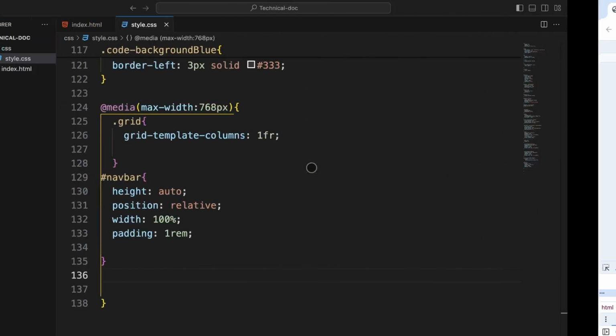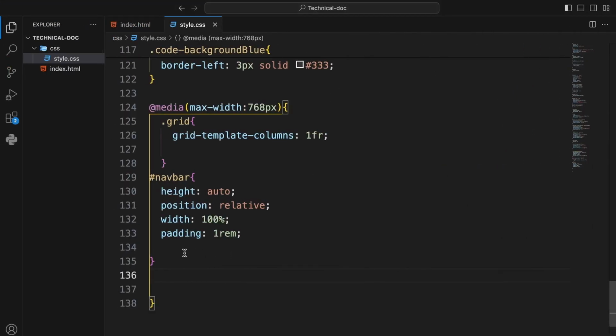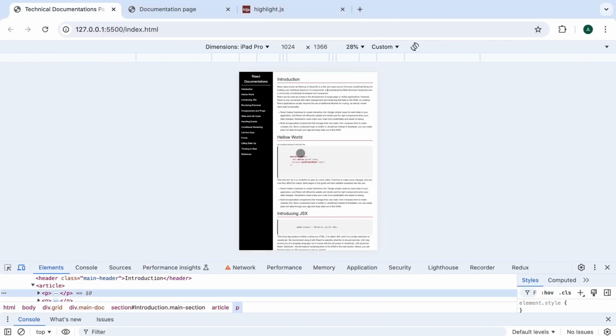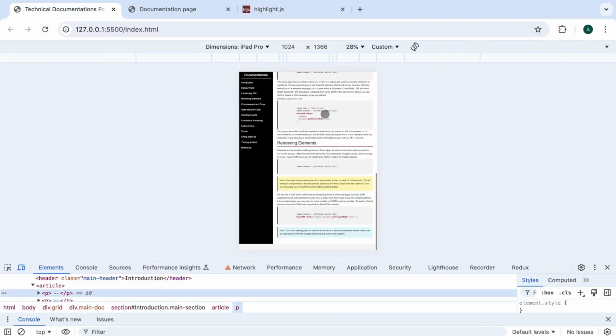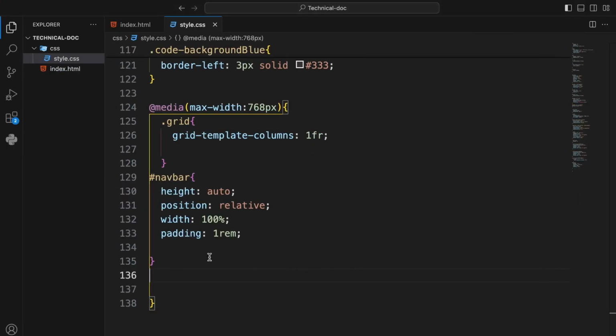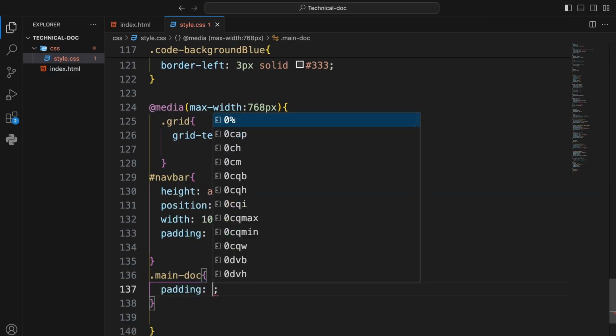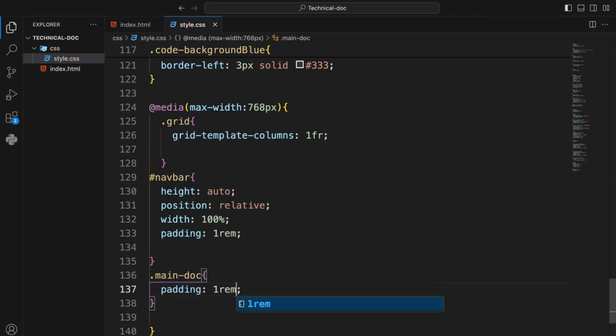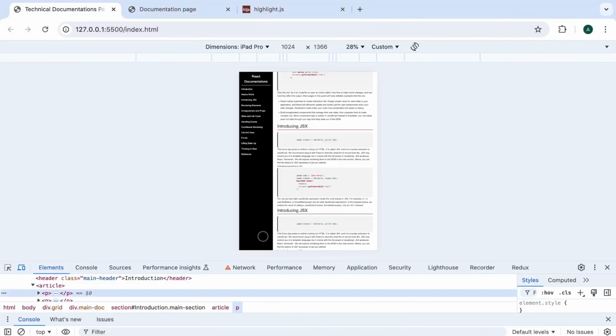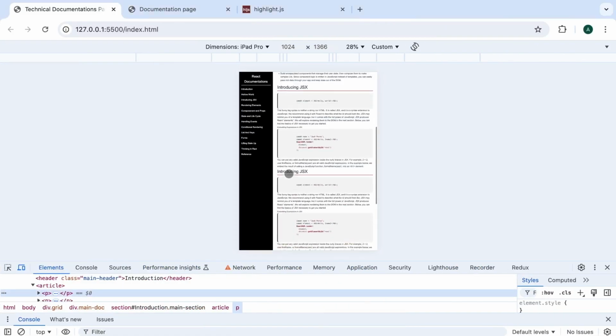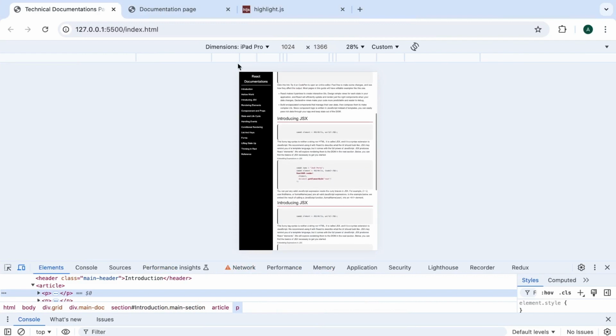So now let's go in here and let's style the main document. We want to style this part of the document as well. So let's do .main-doc, and let's give it a padding of 1 rem, and save. Right, so yeah, this looks better on tablet. Now let's check